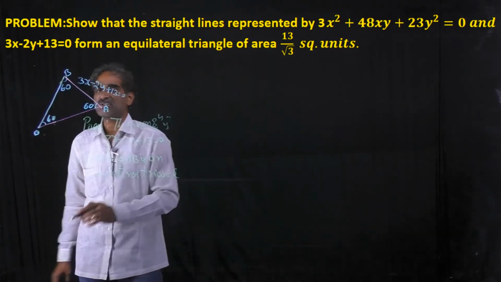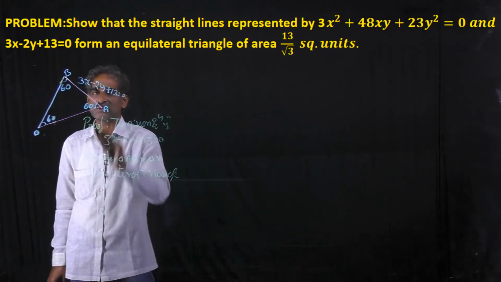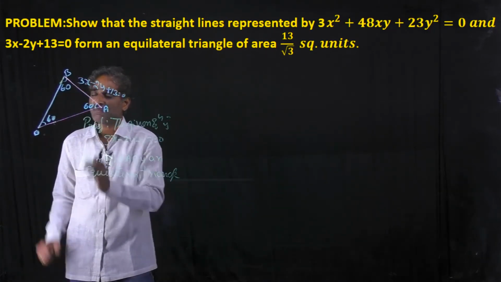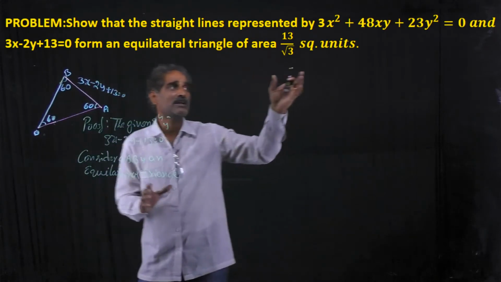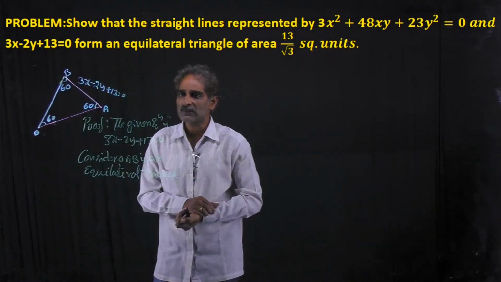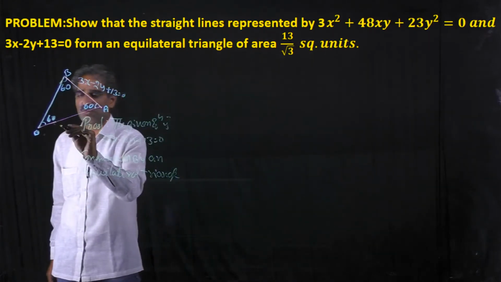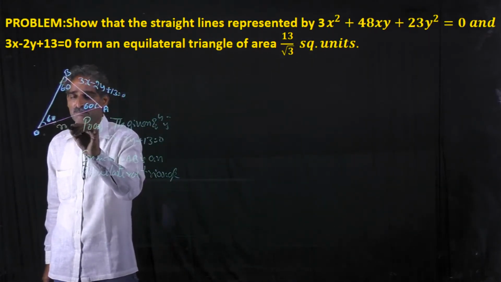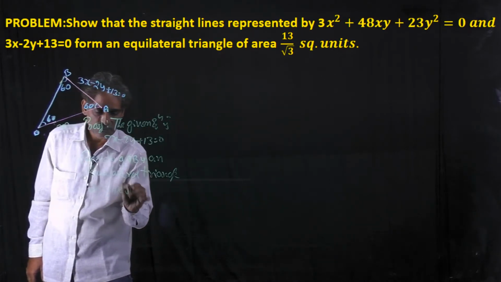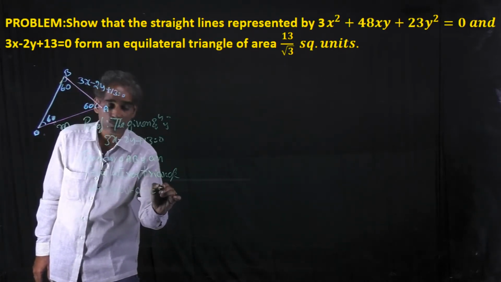Okay, this is the origin. These are the other points. This is the given line. We have to find out the combined equation of OA and OB. If the combined equation of OA and OB is equal to this pair of lines, that is over. Understand? So let us take the slope of OA or OB equal to, say, m. Let the slope of OA be equal to m.